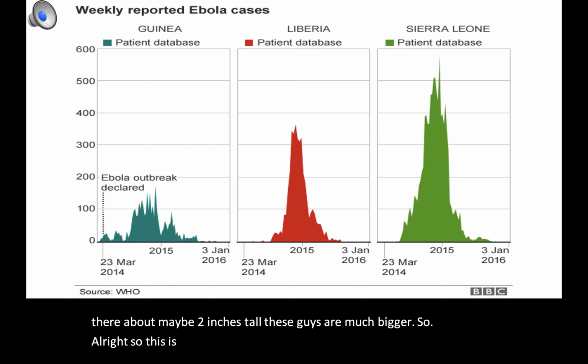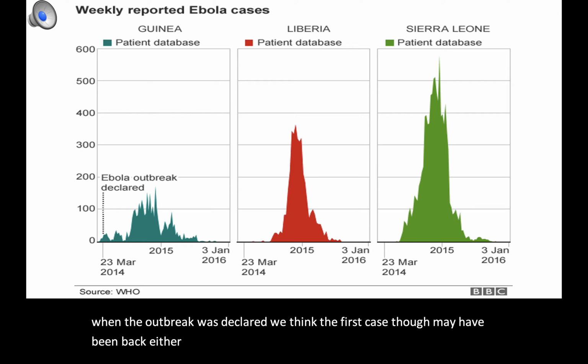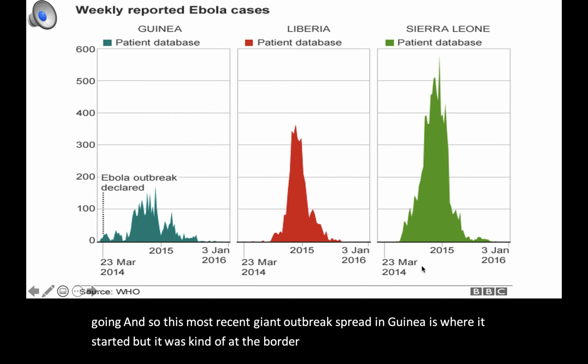Oh, here we go. Yeah, that's right, 2014 when the outbreak was declared. We think the first case, though, may have been back either in January 2014 or in late 2013. Just took a little while to get going. And so this most recent giant outbreak spread in Guinea is where it started. But it was kind of at the border between Guinea and Liberia and Sierra Leone, which are all over there